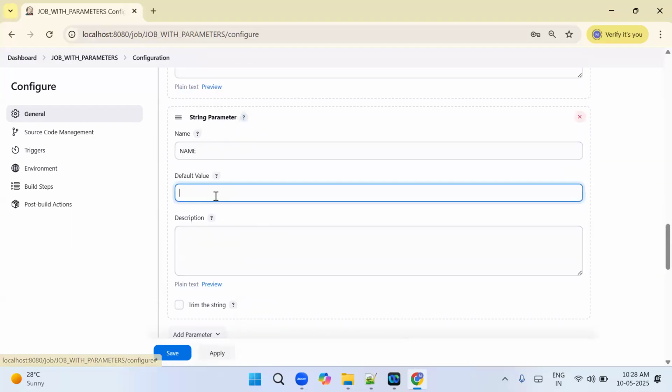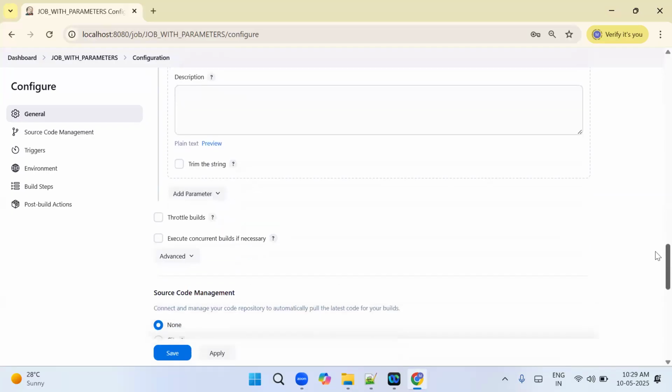Okay, default value, that is up to you. Now I don't want to give any default value. If you give a default value, what happens? If the user doesn't provide any value, it will take the given value. Okay. Now next what we need to do,